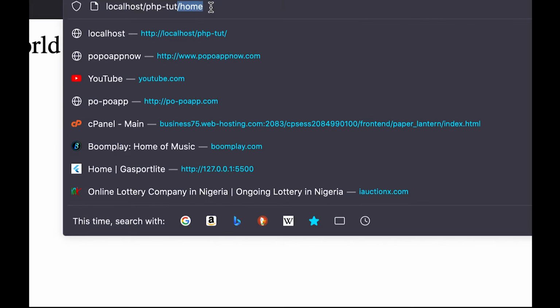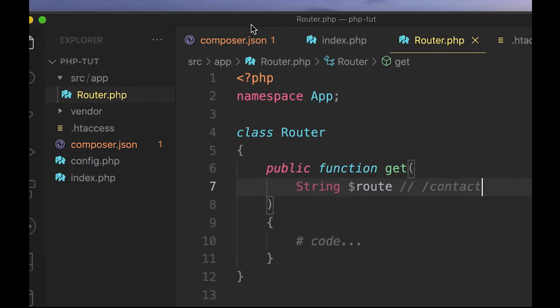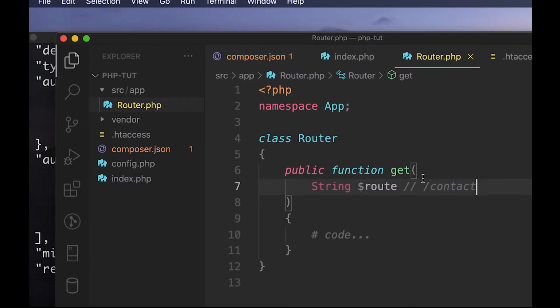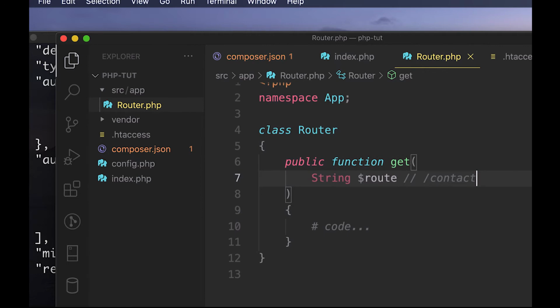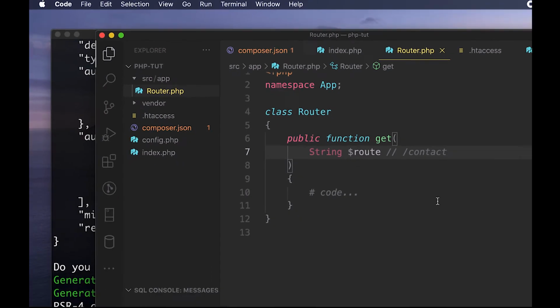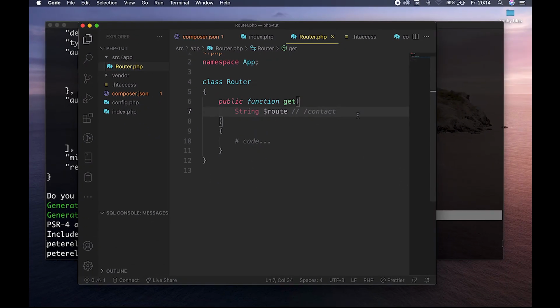So the route is actually going to be something like this. So /home or /contact or /about or /profile, whatever it's supposed to be. So that's exactly what we want it to look like. And that's why we need to pass in the route here, because this is going to help our application know what the user wants. All right, so